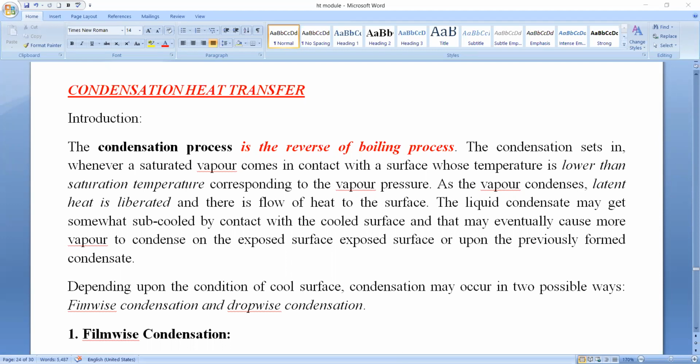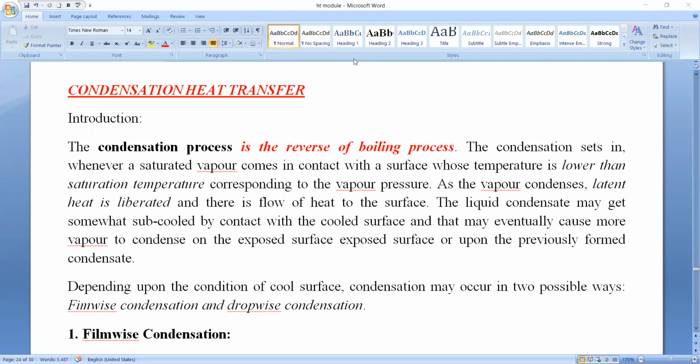So today we'll discuss the fifth lecture on module number 5, chapter 2, that is boiling and condensation. In the previous 4 lectures, we have seen the introduction concepts on boiling, the different regimes of pool boiling, or popularly known as the boiling curve. We have also seen the numericals on boiling. In today's session, in lecture number 5, we'll be studying the next topic as per your syllabus, that is the condensation heat transfer.